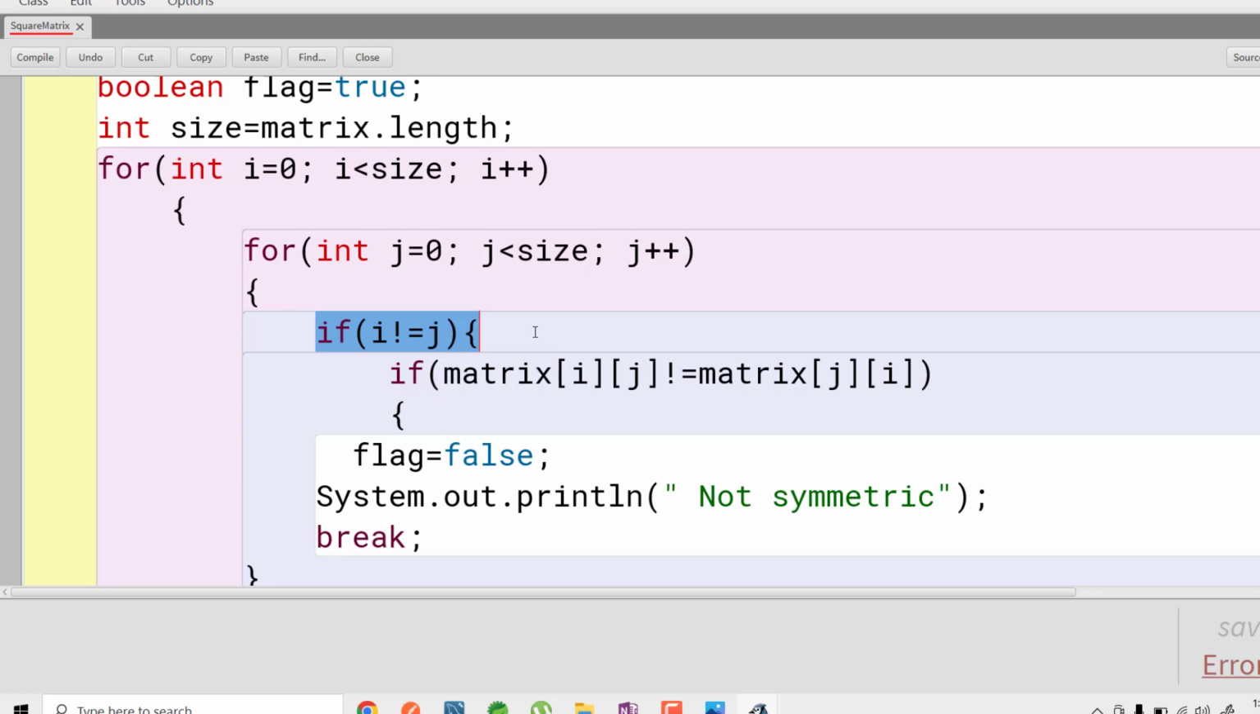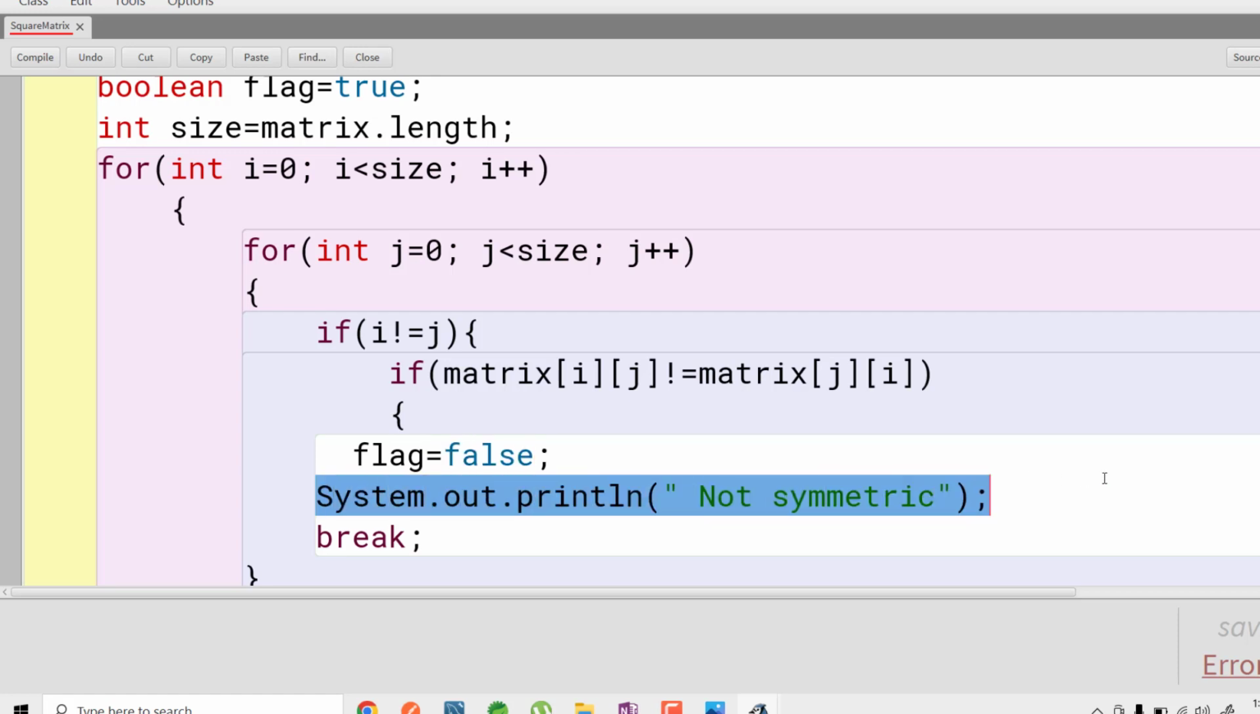This is one of the inherent conditions of symmetric. So we do not check the diagonal element while checking if the matrix is symmetric or not. After that we will check each matrix ij element. If any matrix ij element is not equal to the matrix ji element, then I'll say that matrix is not a symmetric matrix. That's why I have given the flag as false, and then we have done a sysout saying that